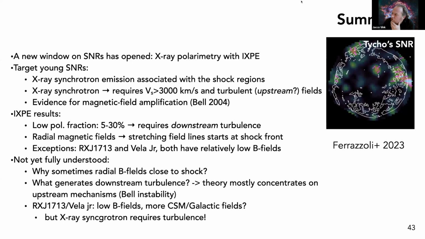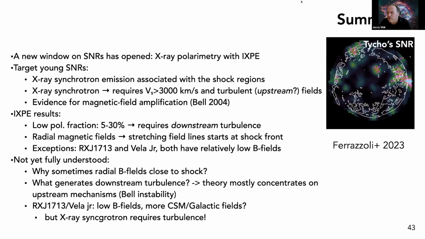Well, I don't think we have a lot of predictions for what happens downstream. First of all, I think it's not true that there should be X-ray synchrotron coming from the upstream, because you always have the compression of the magnetic field. If you have, say, a factor of 2 compression of the magnetic field, that is already a factor 4 in synchrotron emission. So the dominant fraction of the synchrotron emission should come from downstream. And actually, for SN 1006, people have tried to measure whether they could see the diffusive particles ahead of the shock, and they couldn't really find it. So I think most of the emission is really from downstream.